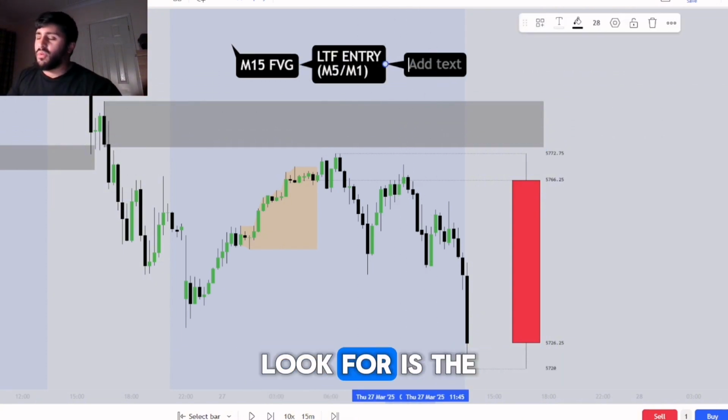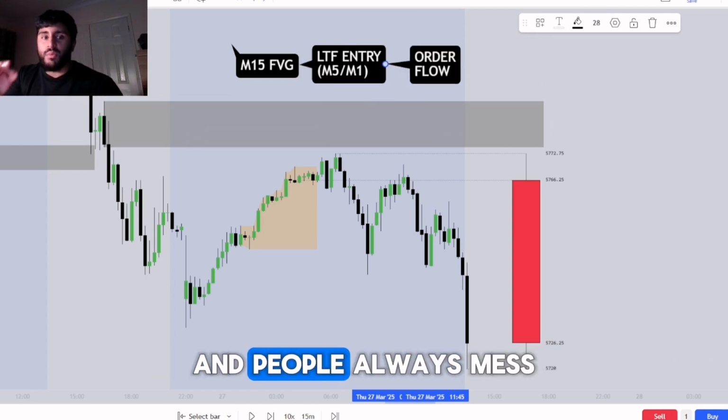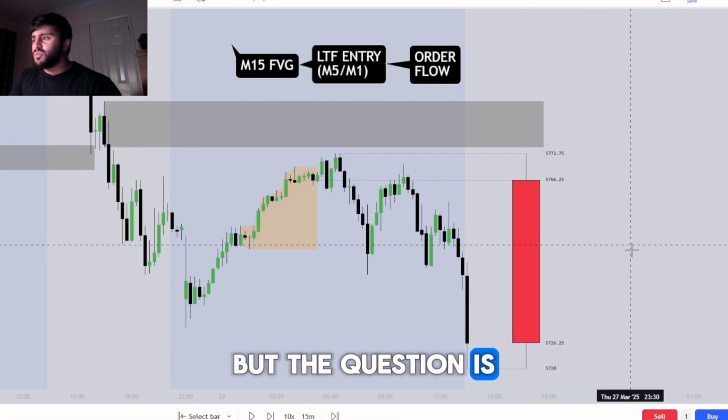The third thing we look for is the order flow, right? The order flow is the third most important thing, and people always mess up with the order flow. But the question is, where does the power of